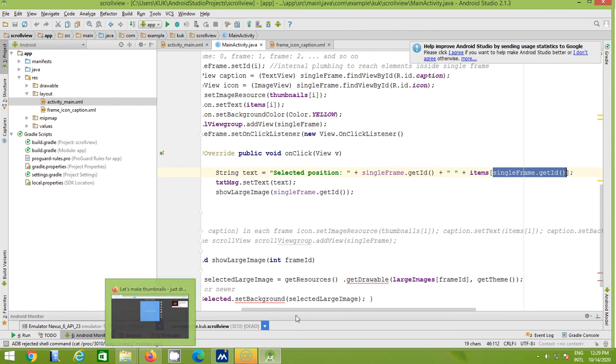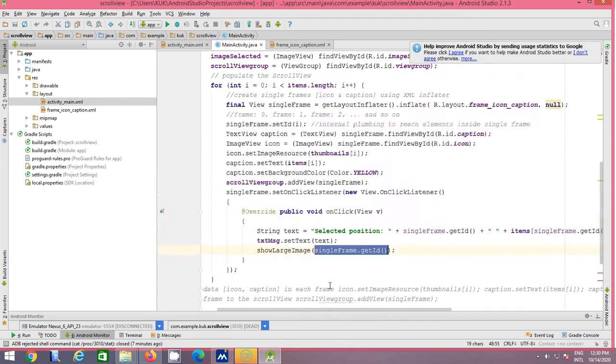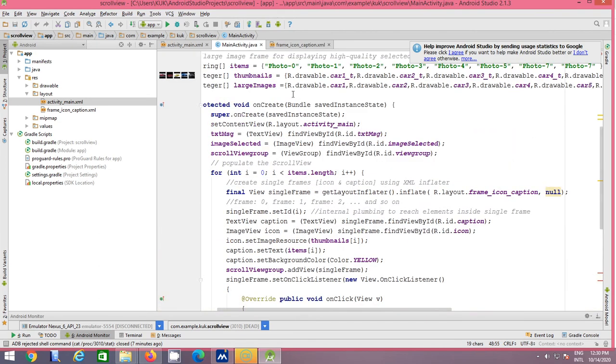Then we simply set that value to the text view, so textMessage.setText. Then after setting the value to the text view we also set the large image. So we have used a method for the large image, we simply pass the value singleFrame.getId. So if the user clicks on the first frame, according to the large image, the value displayed will be